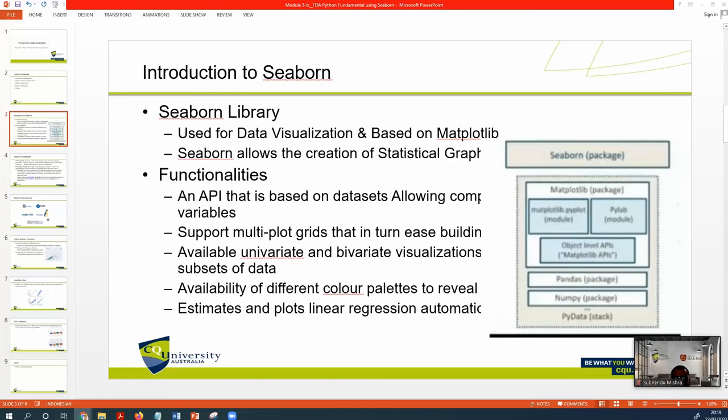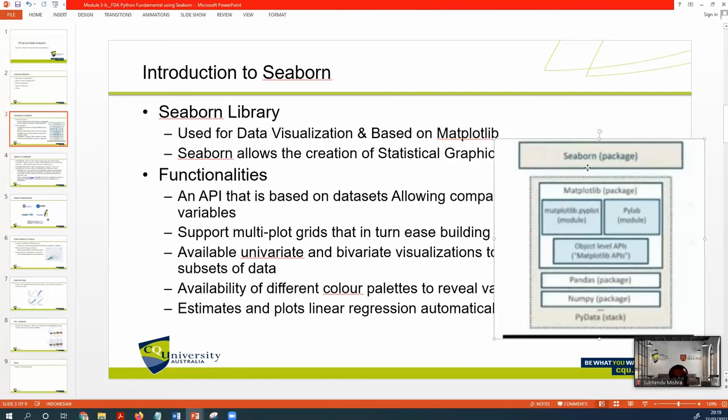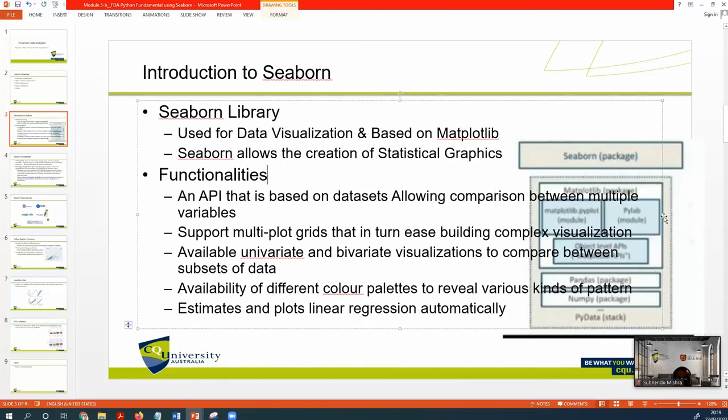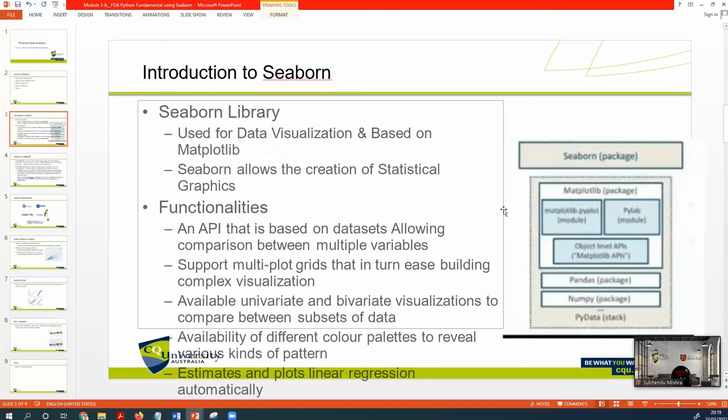Seaborn also allows the creation of statistical graphs. Okay, let's send it back. Okay, wait a second. All right.